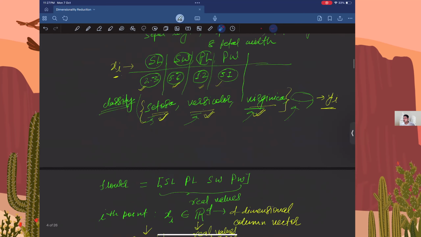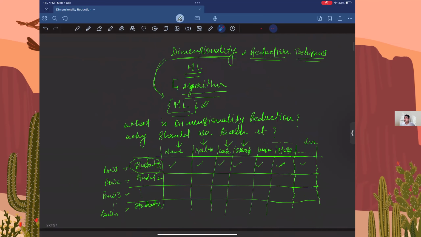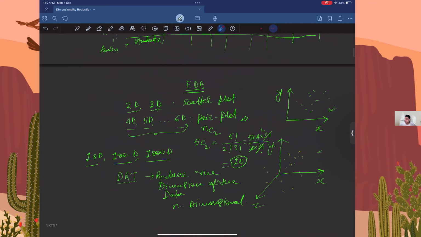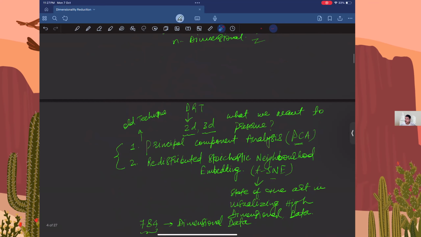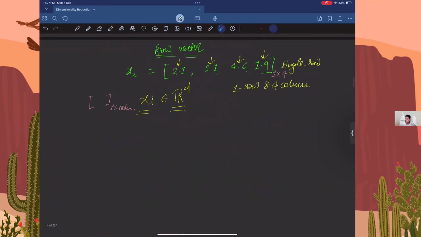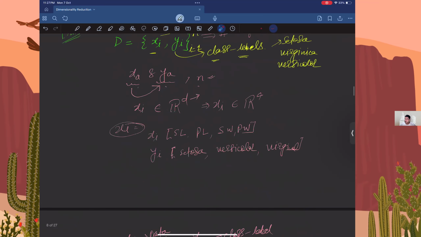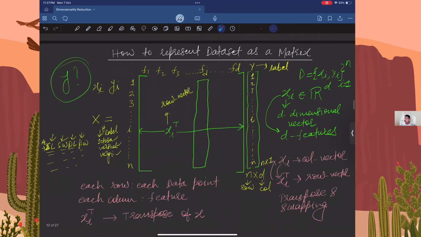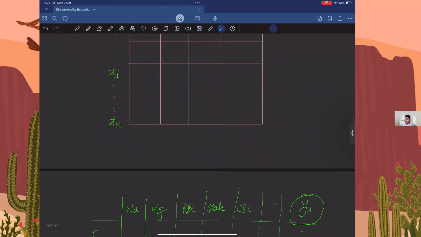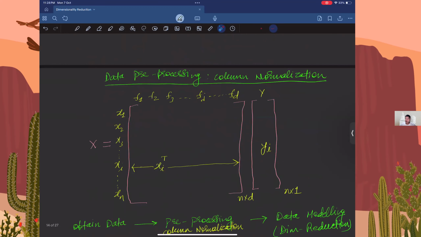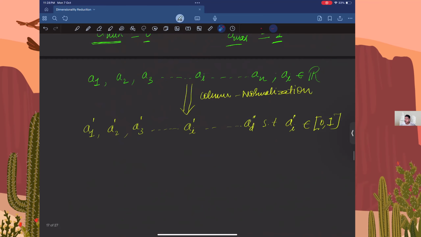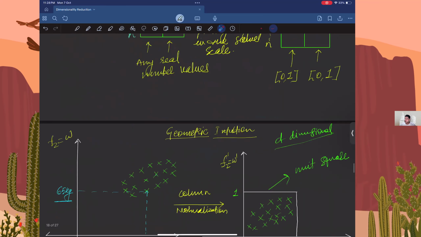ये देखो सर, हमने पहले डायमेंशनल रिडक्शन क्या होता है, क्या करते हैं, ये सारी चीजें, एक एक चीज, रो वेक्टर, कॉलम वेक्टर, फिर हमने आइरिस फ्लावर डेटा सेट को समझा कि उसको कैसे रिप्रेजेंट करते हैं, फिर डेटा सेट को मैट्रिक्स के फॉर्म में कैसे रिप्रेजेंट करेंगे वो सीखा। फिर हमने डेटा प्री-प्रोसेसिंग में कॉलम नॉर्मलाइजेशन पढ़ा, स्टडी किया।